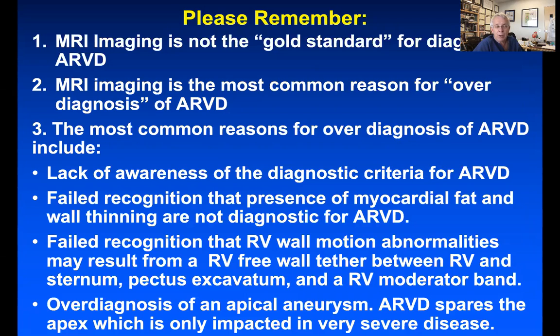And that's because, one, people are not aware of the diagnostic criteria. They think that MRI is the gold standard, which it's not. They often don't realize that fat in an MRI can be normal. That doesn't mean ARVD, and so forth. Also a pectus: if you have a deformity of your sternal bone, that can make your RV work funny, and people can think it's ARVD. So the point is, it's just one test. You've got to look at all the other tests together with it,